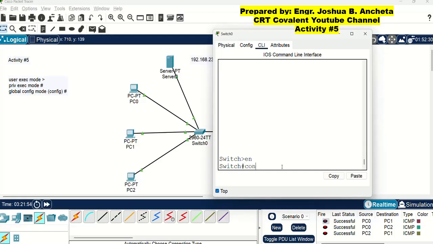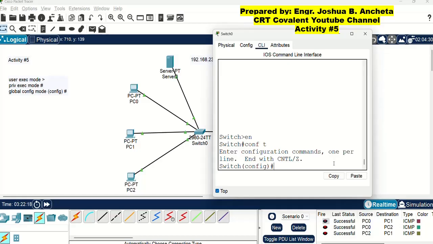Then we can type configure terminal, but we have a shortcut here. We can just type conf t, and then press enter. It will navigate to the global configuration mode.